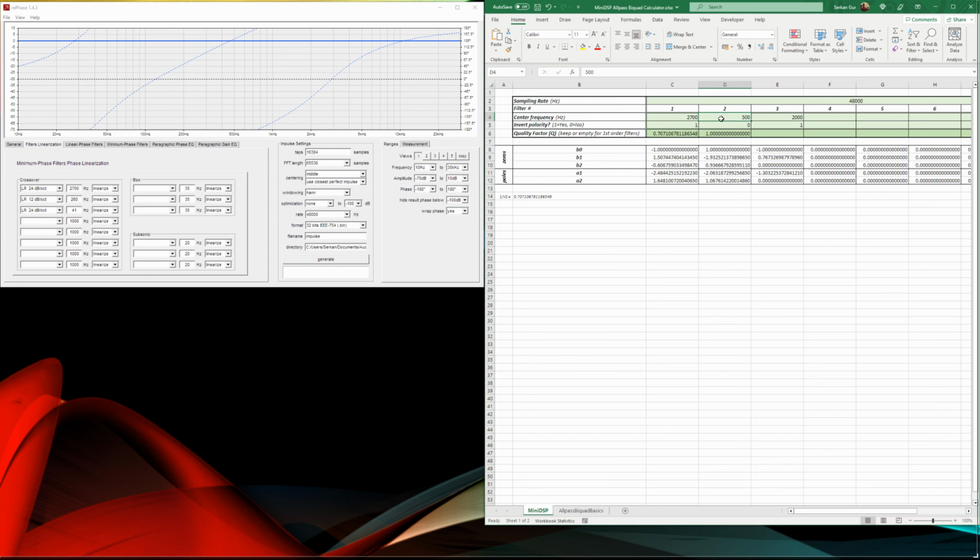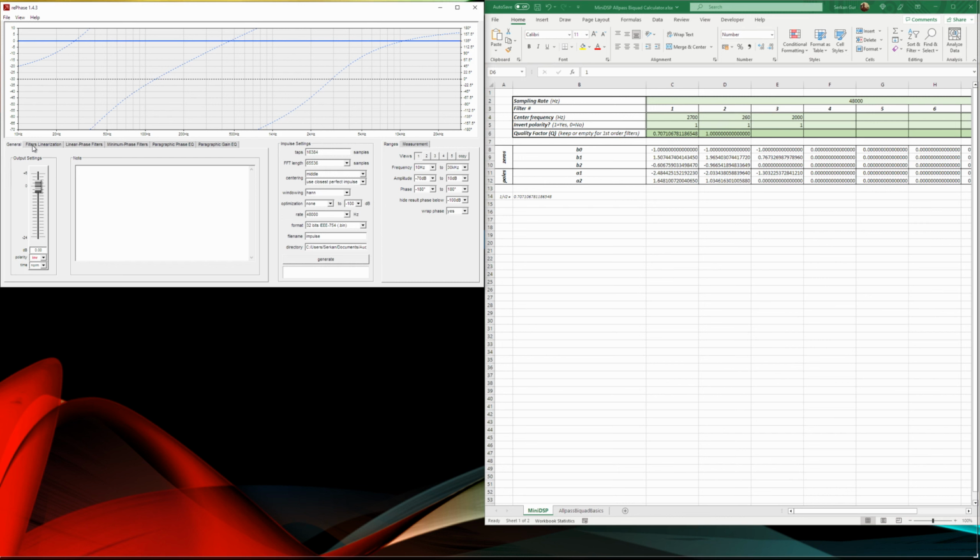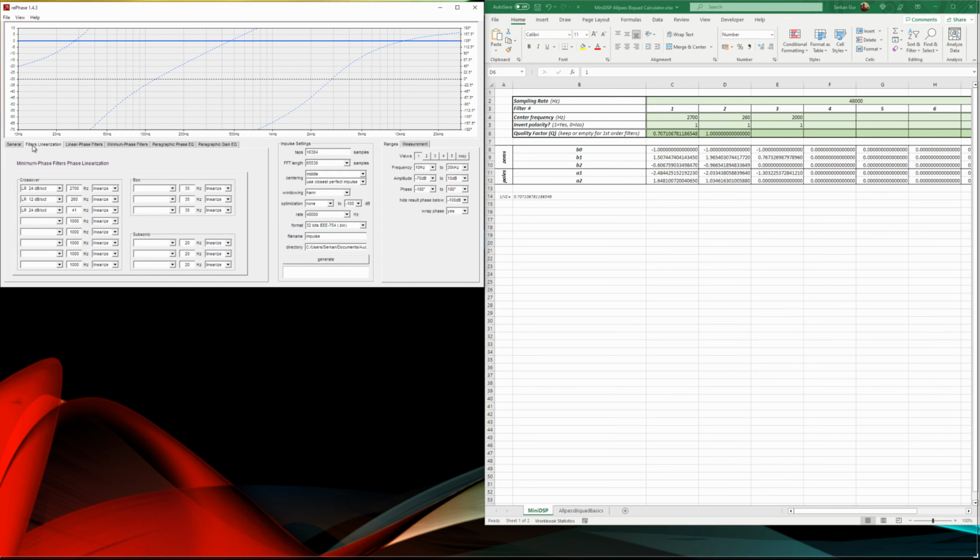And the second one is at 260 Hz. Again, polarity inverted. By the way, with Rephase, you can only polarity invert either all of the corrections or none of them. Here you have the possibility to selectively invert some of the corrections. You might need that kind of correction, you never know. I will delete the quality factor because this is a first order all pass. As you see, it has only B1 and A1 coefficients. And the last one at 41 Hertz, again polarity inverted and again second order.